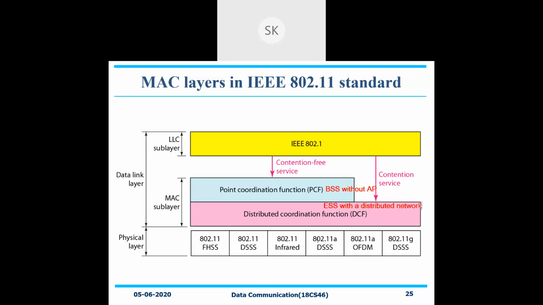802.11a, if you are using it at that time, DSSS itself, you're just going with it. 802.11a, this is orthogonal frequency division multiplexing. We are just going with it, OFDM. So you can just go with that. Next, 802.11g. These are all the different standards that you are having. With respect to 11g, you can go with the spread spectrum itself. So that's all with respect to your MAC layers according to your IEEE standards.